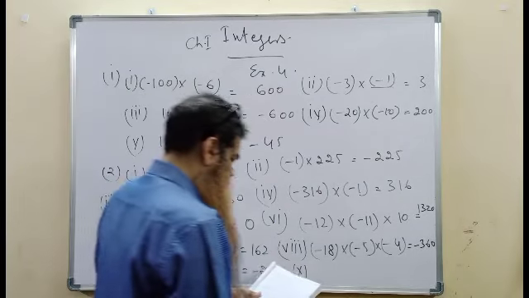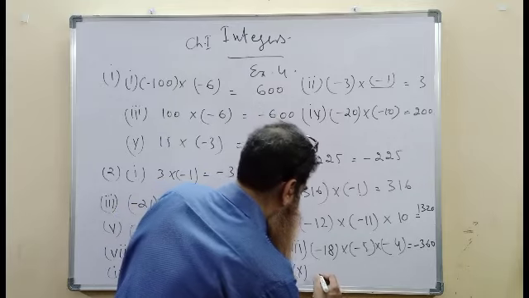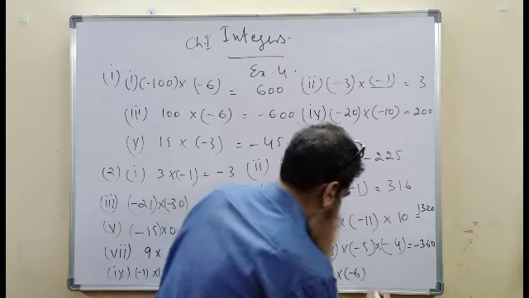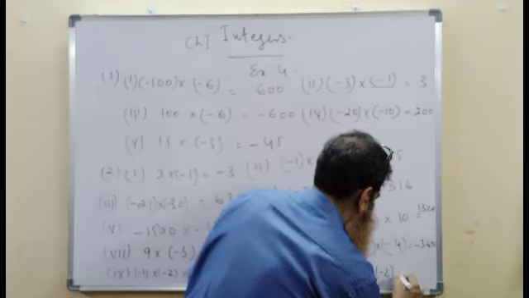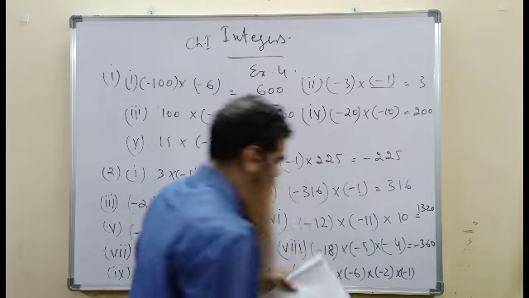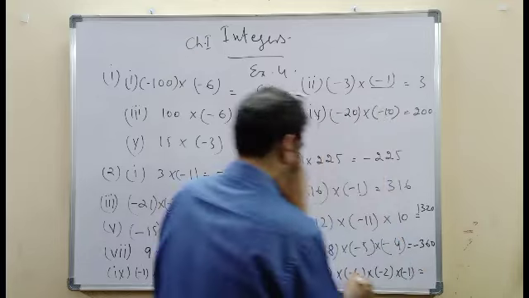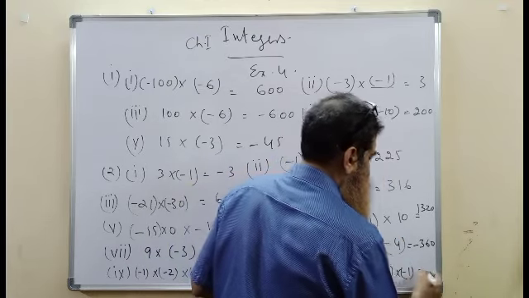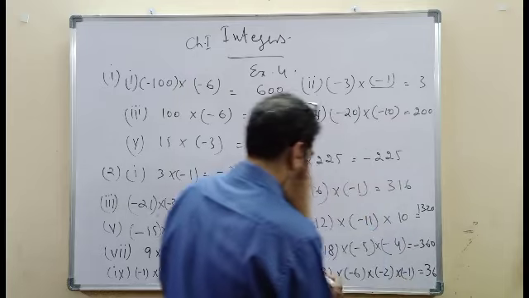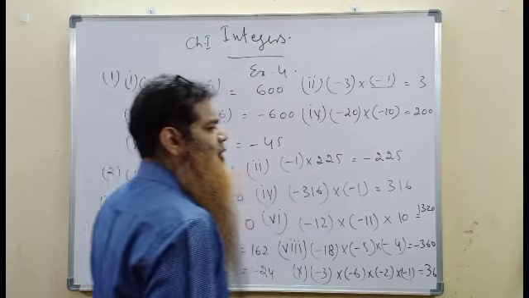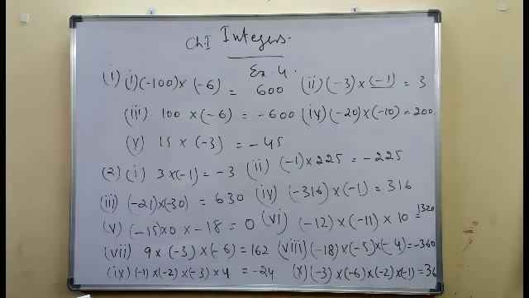The last in the series, in the second question, 10th one, minus 3 into minus 6 into minus 2 into minus 1. We have four negative integers, so we get a positive integer. 3 6s are 18, 18 2s are 36, 36 1 is 36. Minus into minus is plus, plus into minus is minus, minus into minus is plus. And we learn that when four negative integers are multiplied with each other, we get a positive integer.